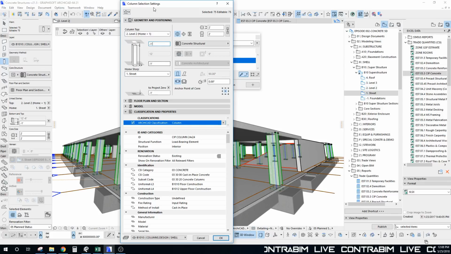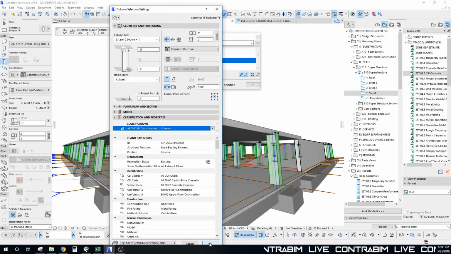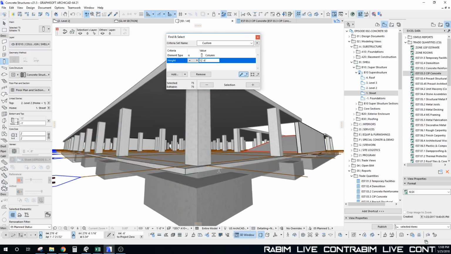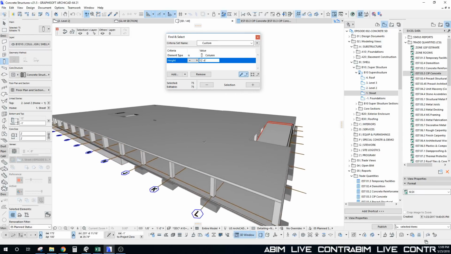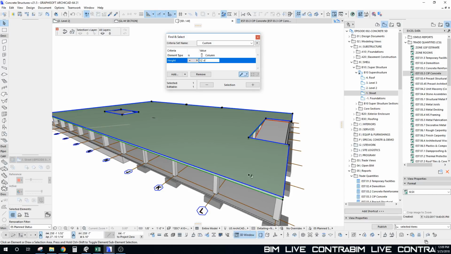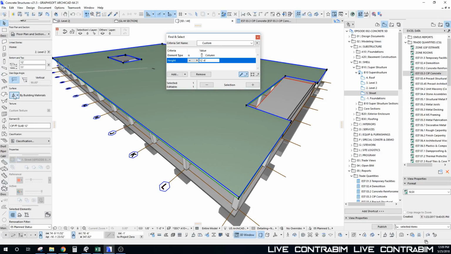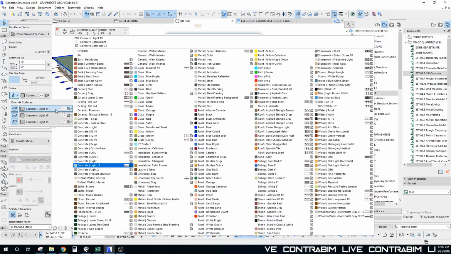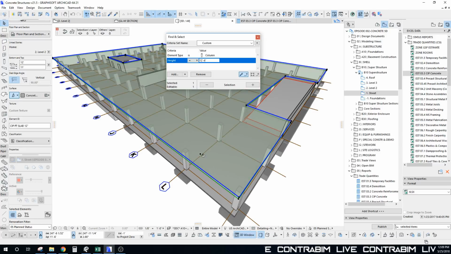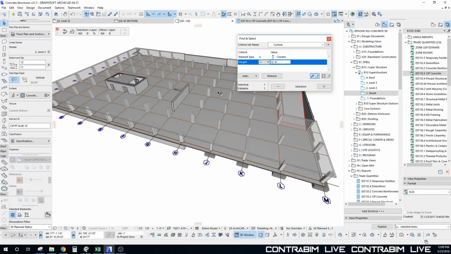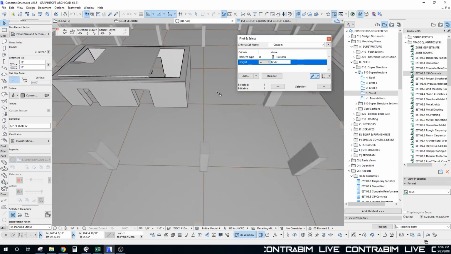Now that we've placed in a 1 foot thick deck. So there we go. And because I'm looking at this from the top and this is the view I really want to see, this is a perfect opportunity to use our surface overrides. And we're just going to change this to a concrete light color that is transparent so that we can actually see right through it, because that makes it a lot easier to understand what's going on down below for coordination